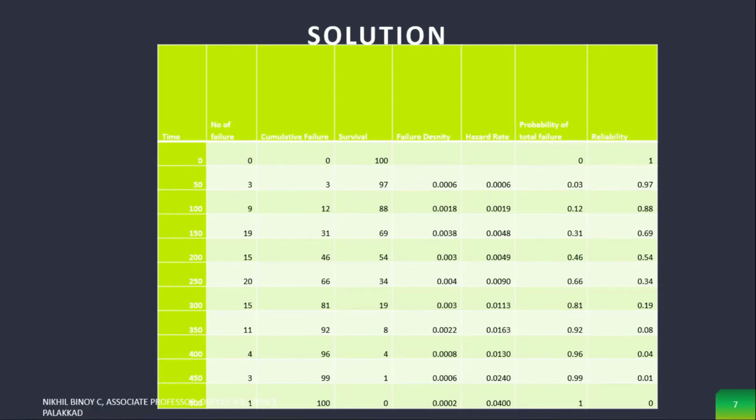So please note the point corresponding to 50 and 300. This is the point corresponding to 50, that is 0.0006, and this is the point corresponding to 300. We are going to use these two for Z1 of t. Then for Z2 of t we are going to use these two points, corresponding to 400 and 500.